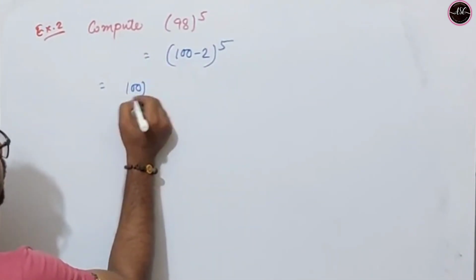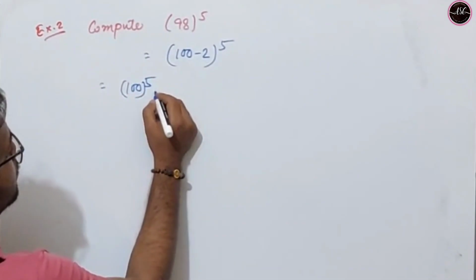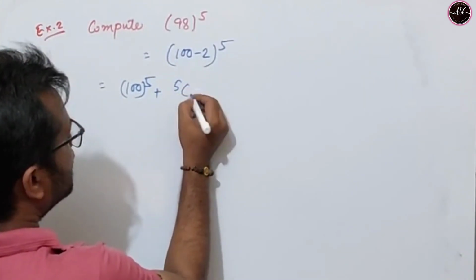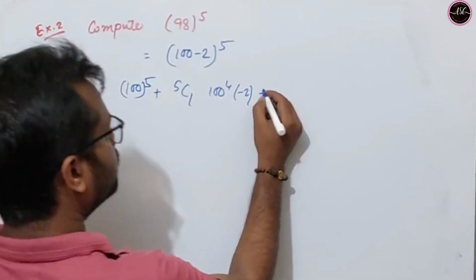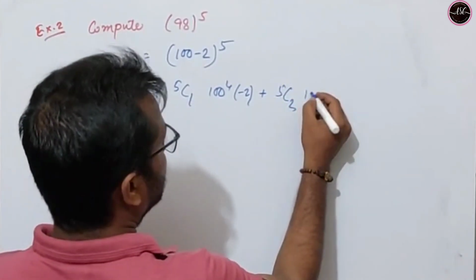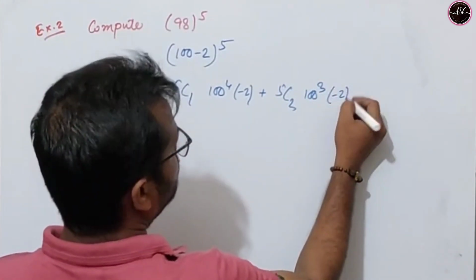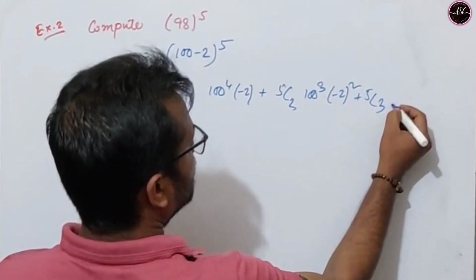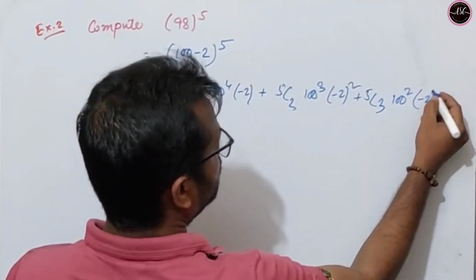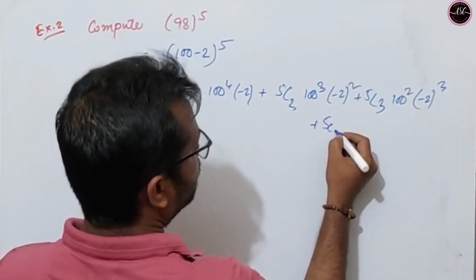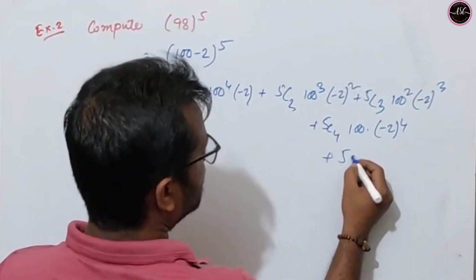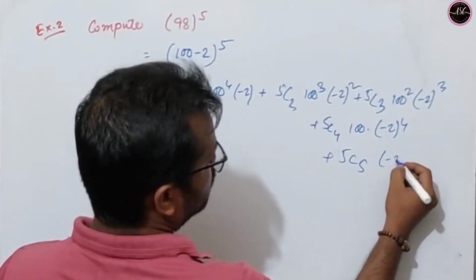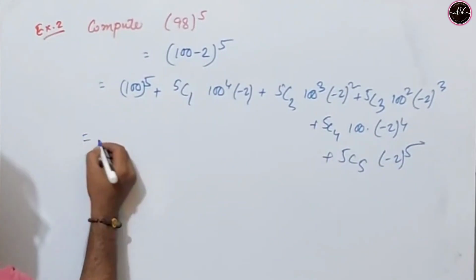Here 100 to the power 5 plus 5c1 100 to the power 4 dot minus 2, plus 5c2 100 cube dot minus 2 square, 5c3 100 square minus 2 cube, 5c4 100 dot minus 2 to the power 4, 5c5 minus 2 to the power 5. Okay, so here